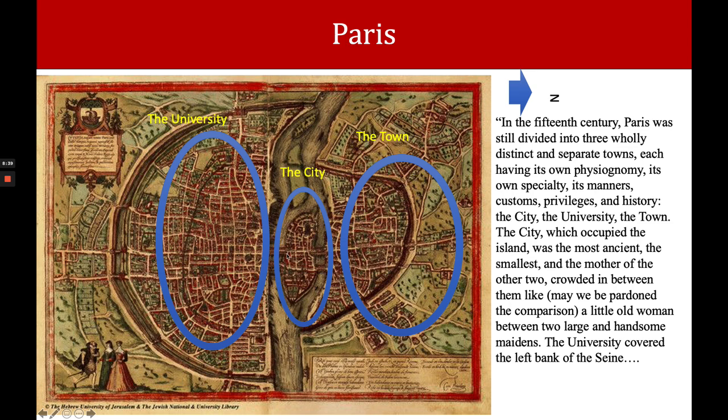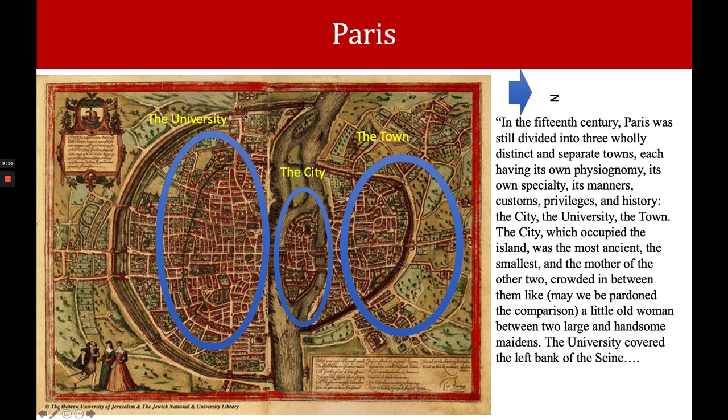There's the city here. This little island here is where the Notre Dame is, and so this is really the core of where Paris was founded. They built a church here, and then later, over the years, they tore that church down and built the Notre Dame, which is there at this time. So this is the old medieval part of the city, and then the town is where most of the people, as they started to urbanize and grow, started to live. And so this is pretty much how the city looks to this day.